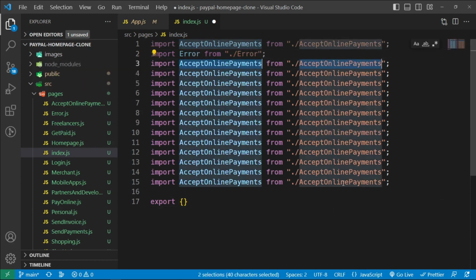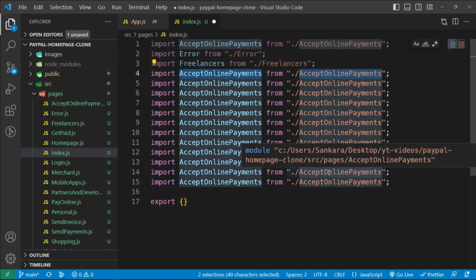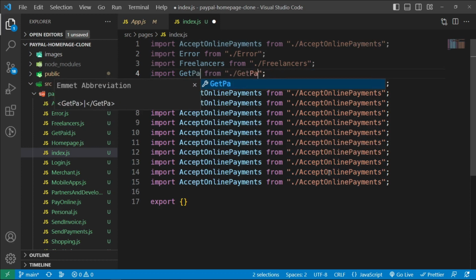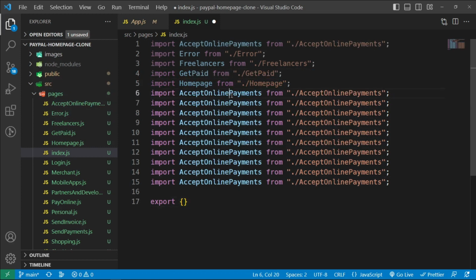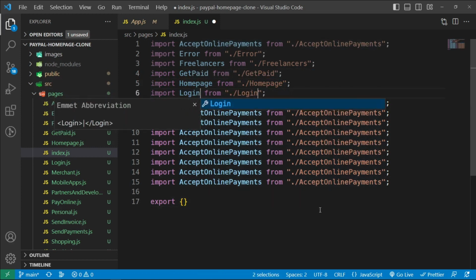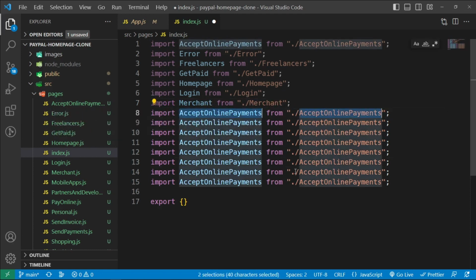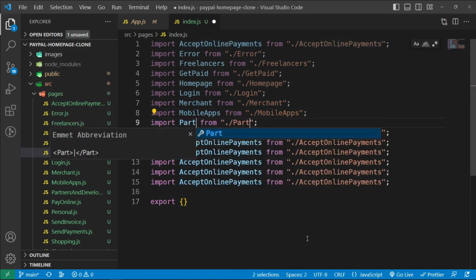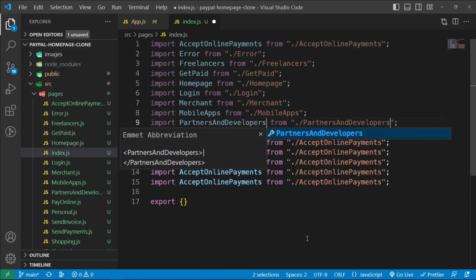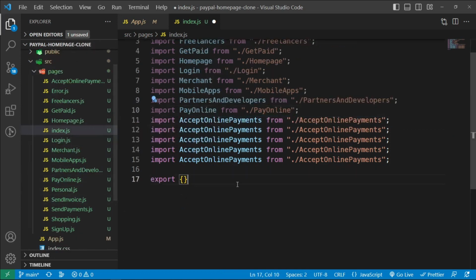And then next Control D. This is called freelancers. Next we have get paid. And then next we have home page. And then next we have login, and then merchant, and then mobile apps, and then partners, and developers, and then pay online, and then personal,